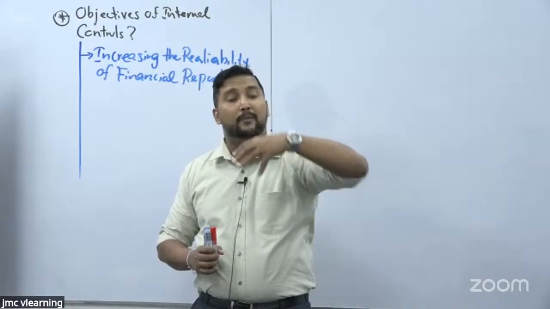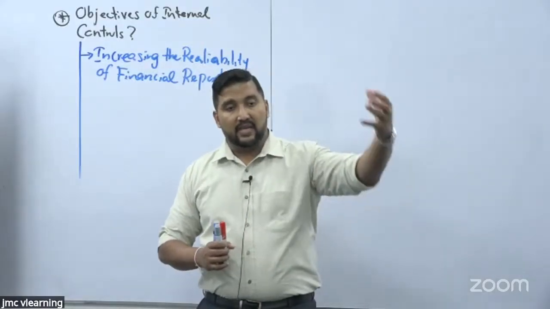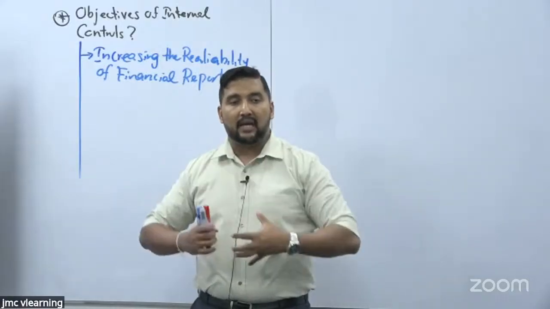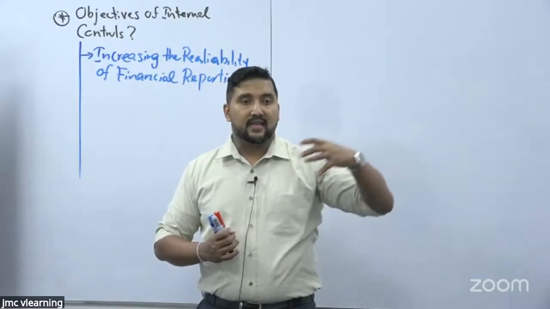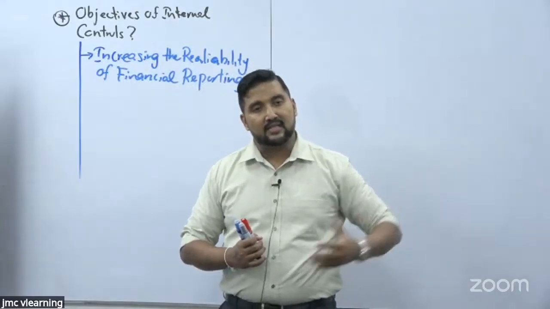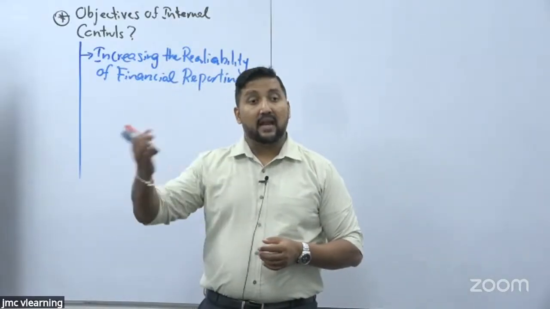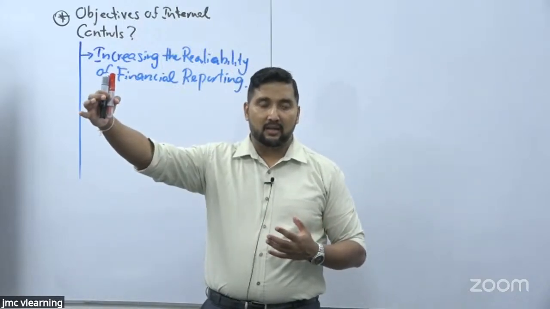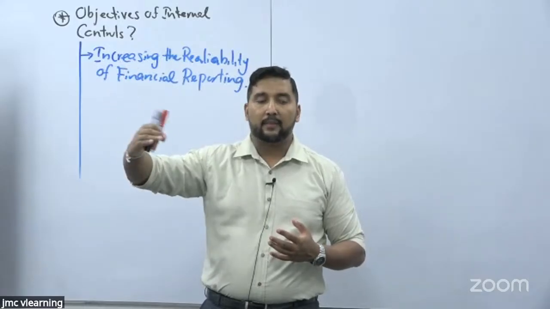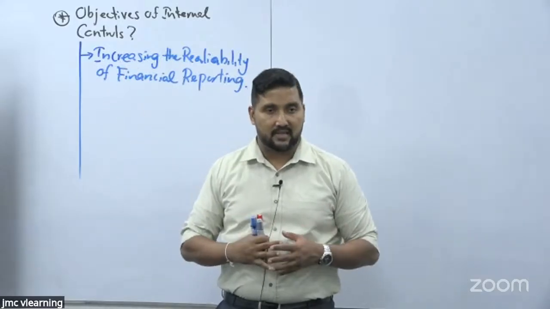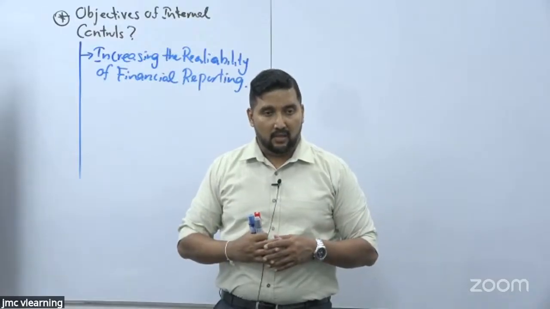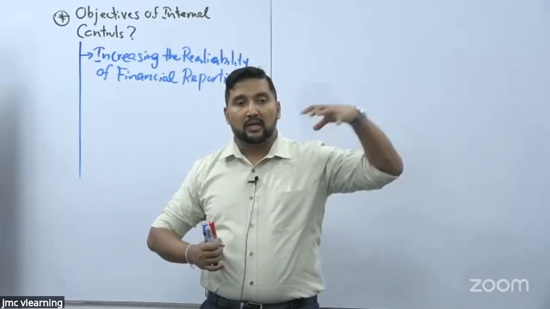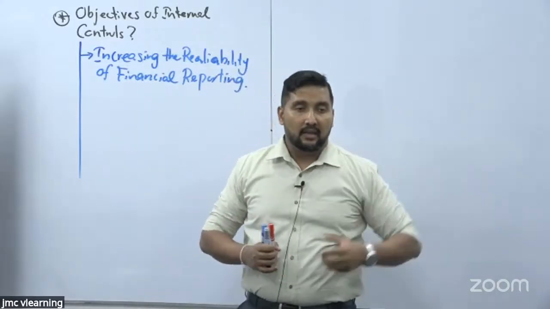For example, direct deposits. Customers directly deposit either cash or checks to our bank account. So until we prepare the bank reconciliation, those entries are not entered into the accounting system itself. Then the standing orders. So what do you mean by standing order? You have given a clear instruction to the bank to process a particular payment, a recurring payment on a regular basis, on a monthly basis, or whatever the applicable frequency. So you will be entering those transactions to the accounting module at the time of preparing the bank reconciliation.